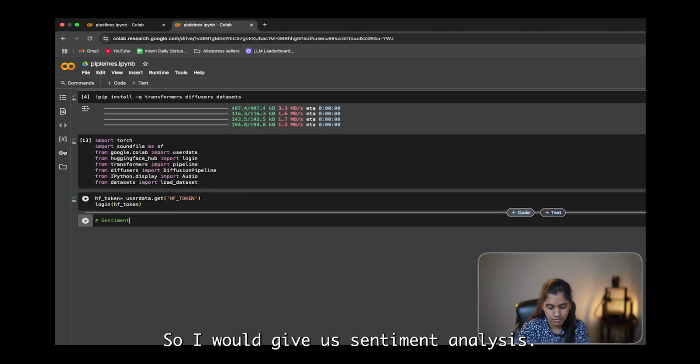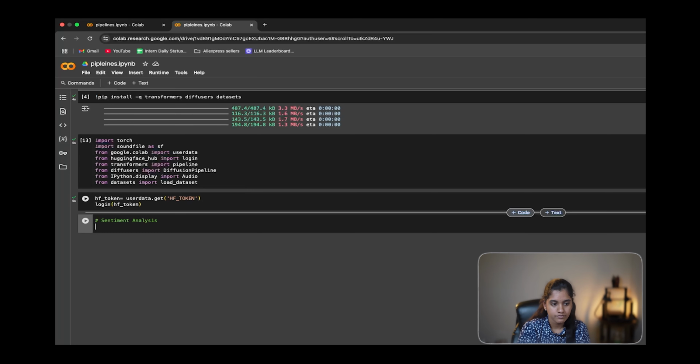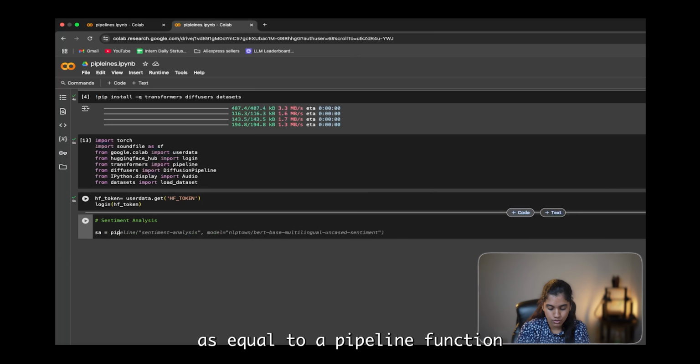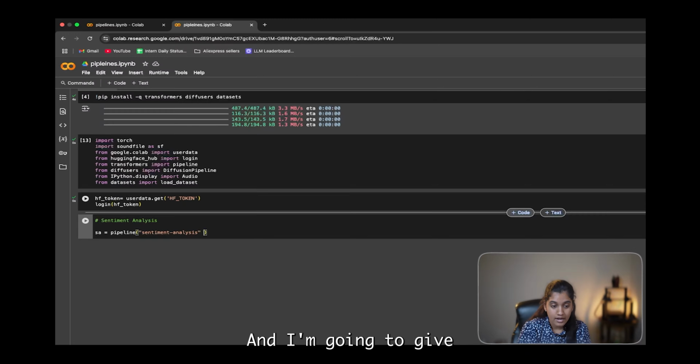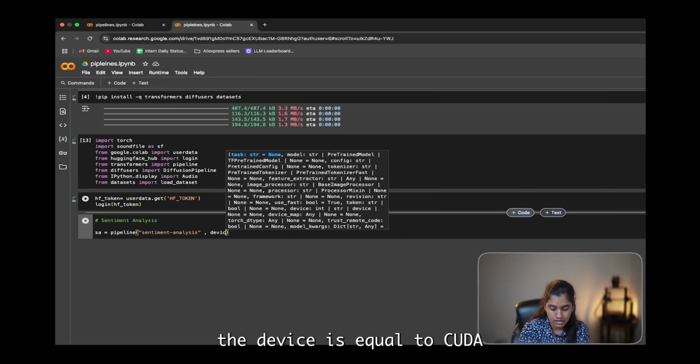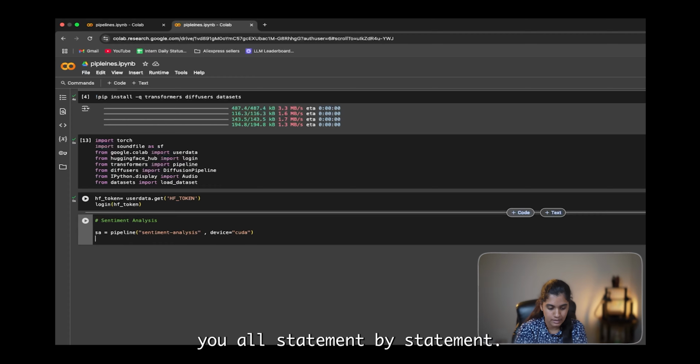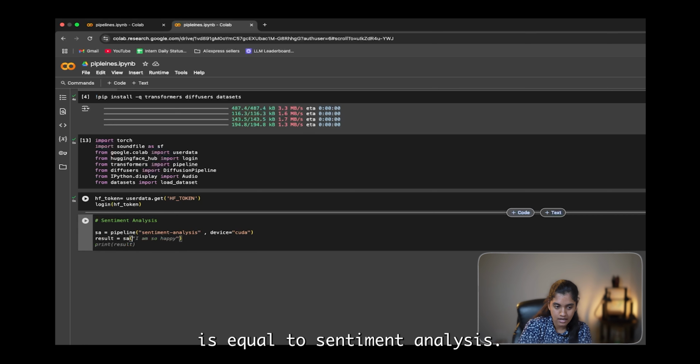So let's give sentiment analysis is equal to a pipeline function where I'm going to mention sentiment analysis, and I'm going to give the device is equal to CUDA. I will explain it statement by statement, and then we are going to give result is equal to sentiment analysis,